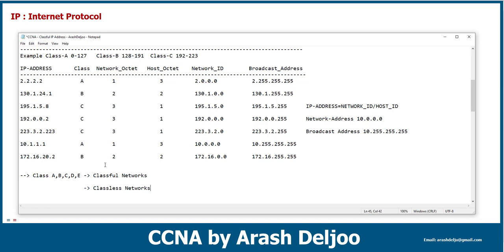But for now, let me say that classful networks are the networks that are using the rules of the classes. Classless networks means that in these networks we don't need the rules of the classes, and also we don't use the rules of the class of IP addressing. Let me talk about this. Don't worry, this is only the first time that I'm going to use the terms classless and classful. You will learn about this. But before starting the conversation about the classless